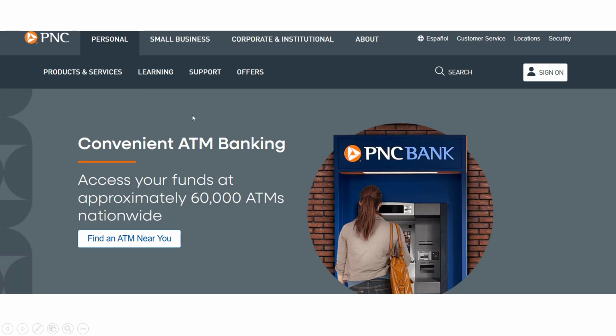And there you have it, a complete guide to linking your PNC bank account to Cash App using two different methods. Whether you use a debit card or prefer to link through your bank login, you're now ready to manage your